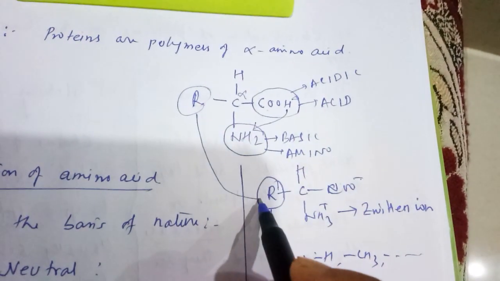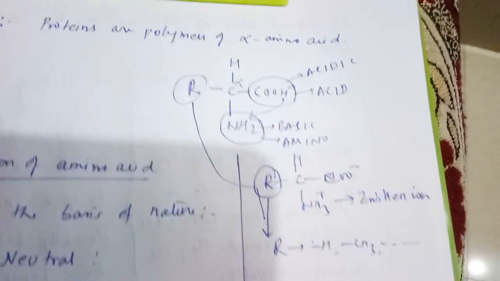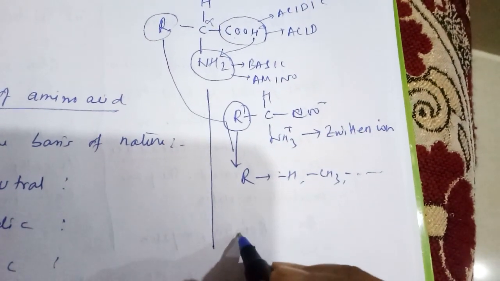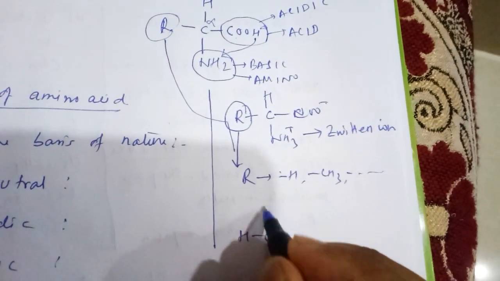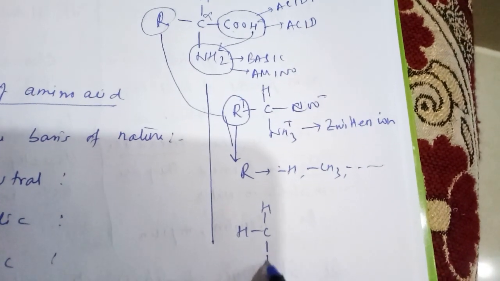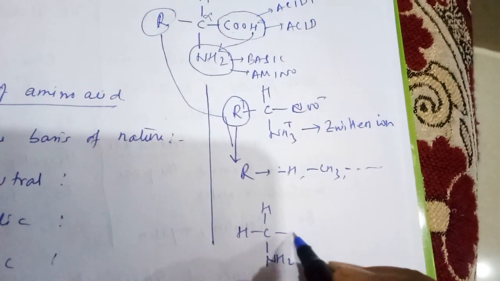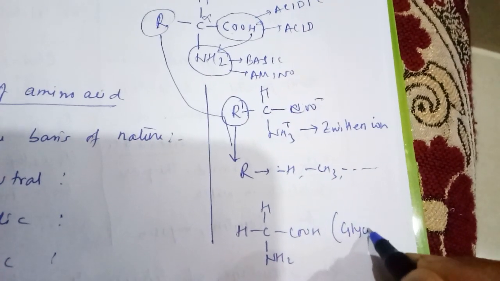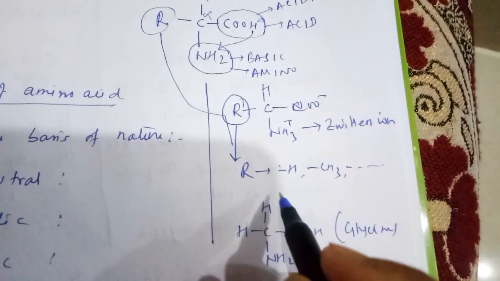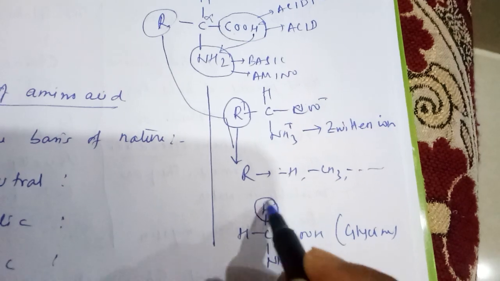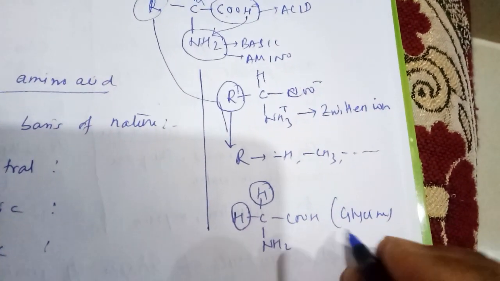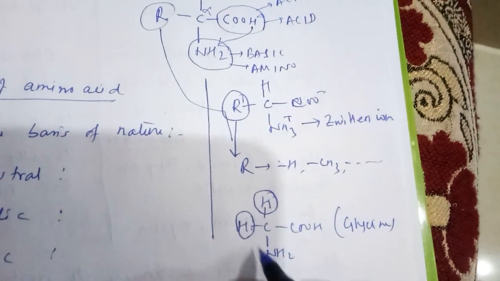If R is hydrogen, then this becomes NH2 CH2 COOH. This one is called glycine. Now in glycine the carbon contains two same hydrogens,